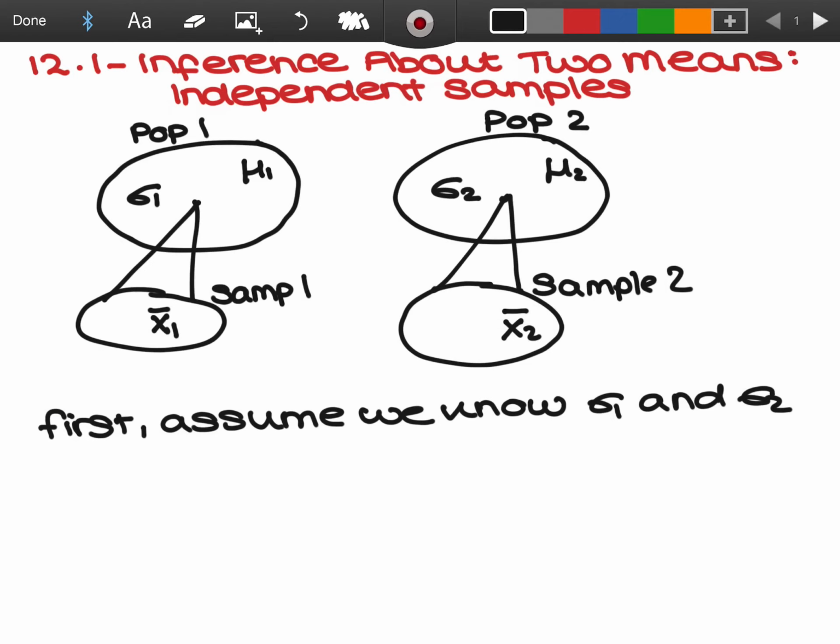Remember before, when we were looking at whether the population mean equaled a particular value or whether it was different than, less than, or greater than a particular value. In this case, what we want to know is, are our sample means close enough together that we can assume that our population means are equal? So what we want to look at is, are the sample means close enough together